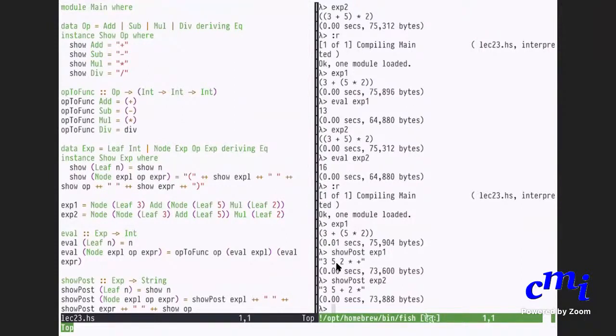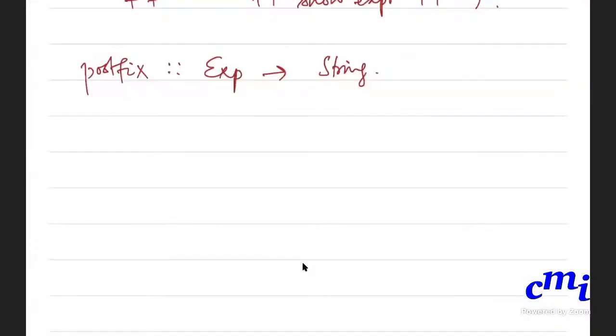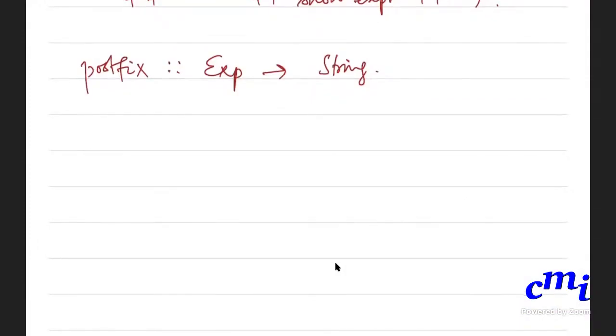Now the point is, from the postfix form, you can easily convert it to an expression. This is the real point. How do you do that? That is where we use a stack. Okay, let me get back here. So, to expression, let me call it.